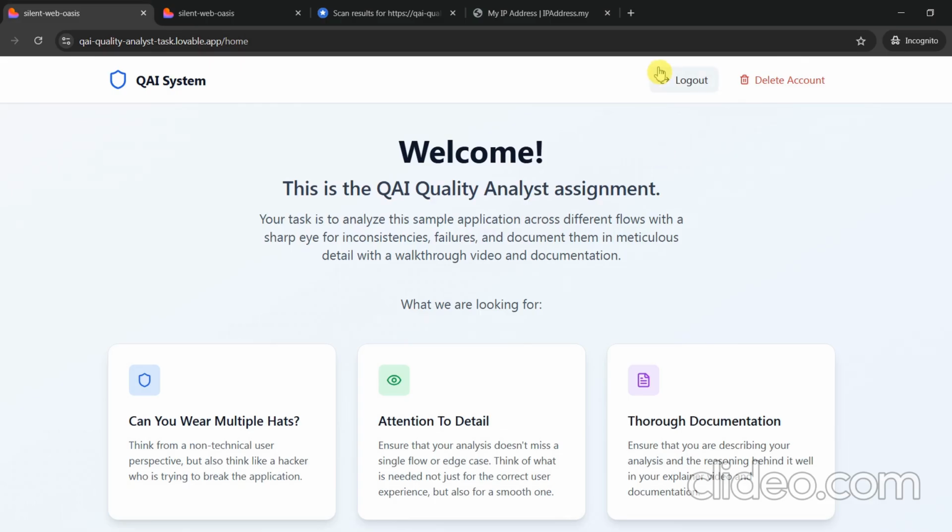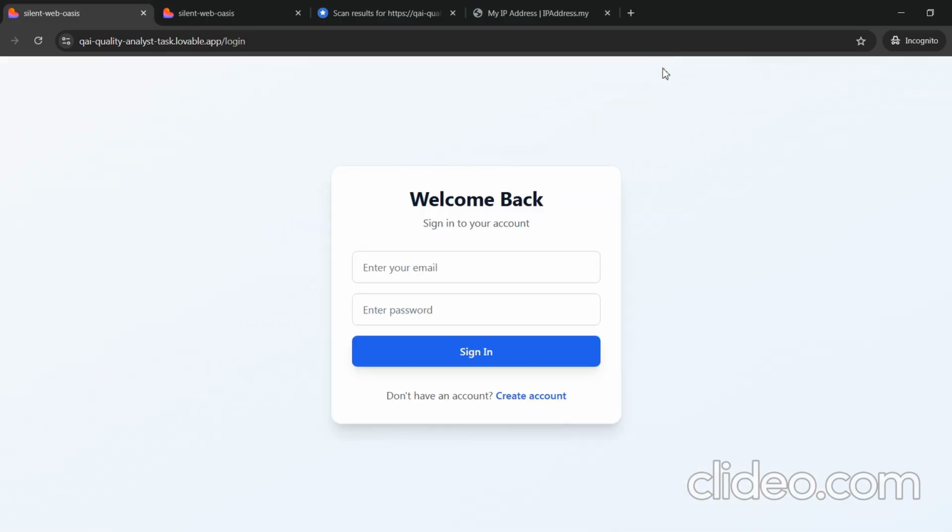When I try to log out, it doesn't ask whether you want to log out. Are you sure you want to log out or not? None of the pop up is being displayed. It just logs out simply. Okay, I enter my email